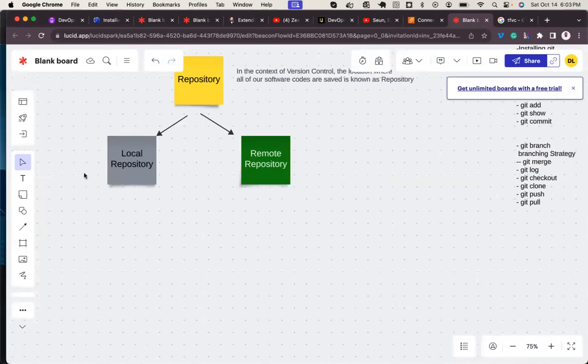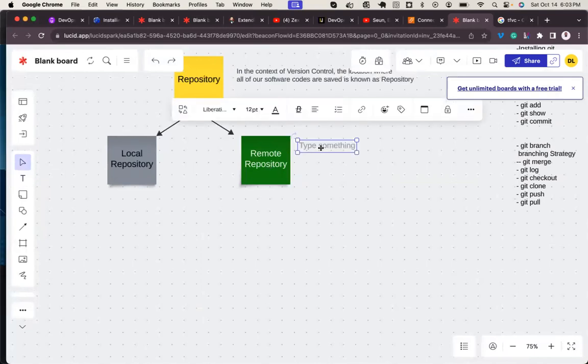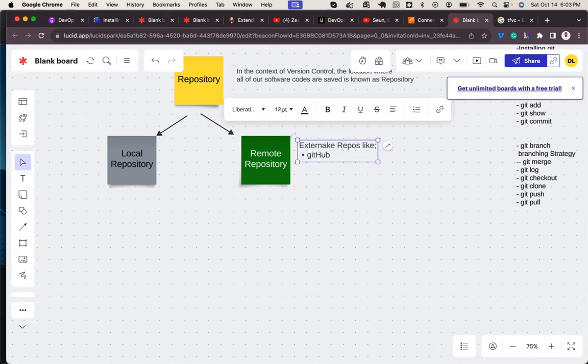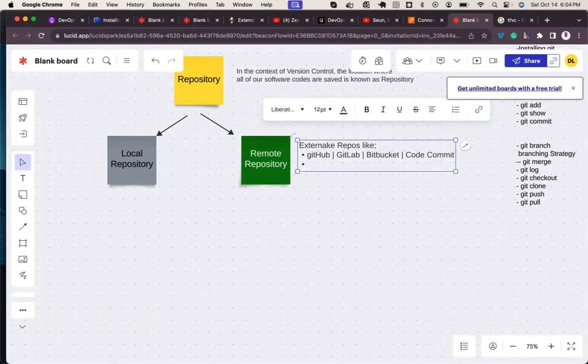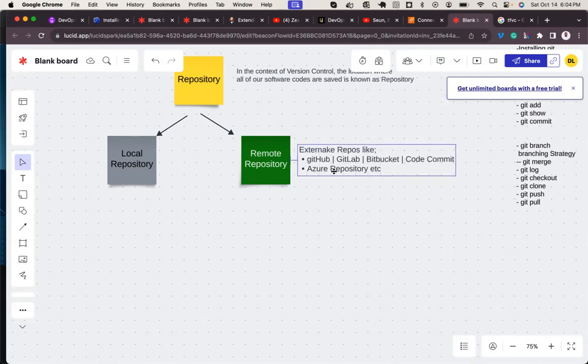But the moment I start interacting with external repos, like GitHub, GitLab, Bitbucket, CodeCommit, Azure repo, Azure repository, etc. These are termed as remote repositories.